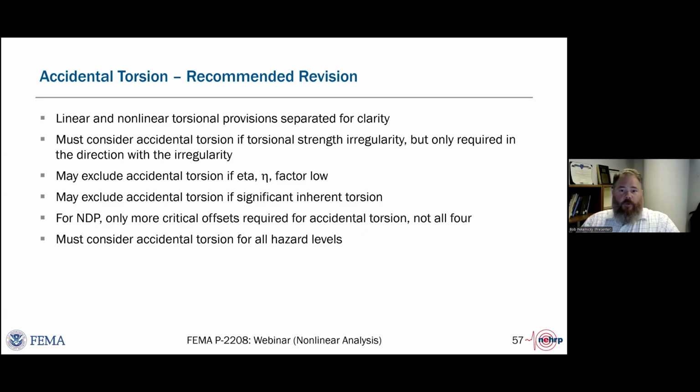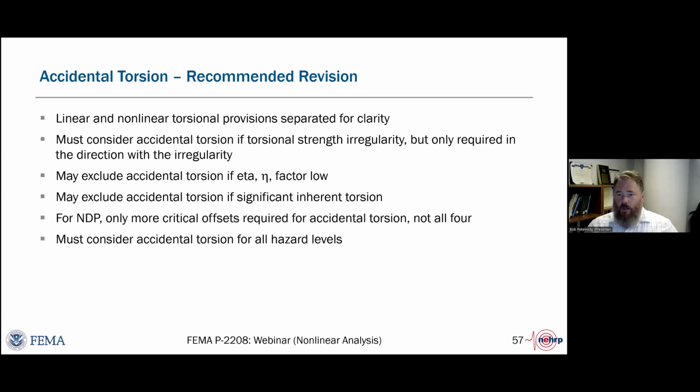But one change we also recommended is that you do need to consider accidental torsion for all hazard intensities. ASCE 41-17 had a comment in there that allowed you to ignore accidental torsion if you were doing a BSE-1 and BSE-2 check.